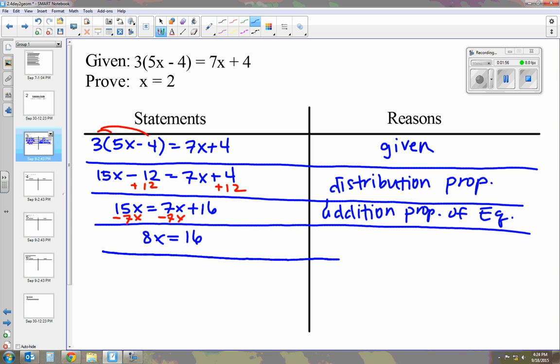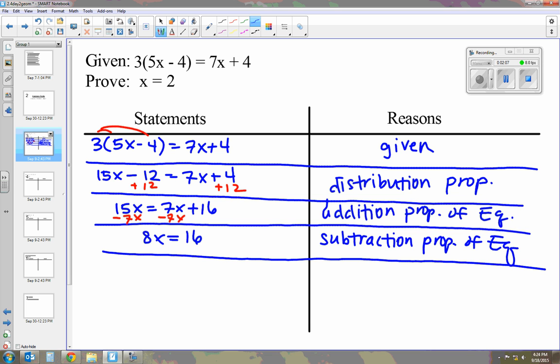And I'm going to write down the subtraction property of equality. And my last step, I'm going to divide by 8 on both sides. x will equal 2. And the reason for me writing that down is the division property